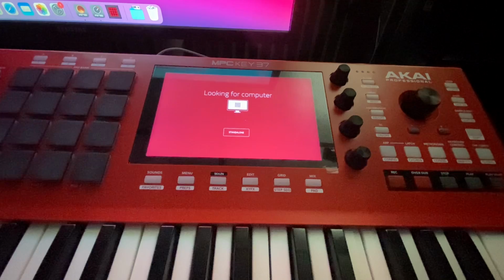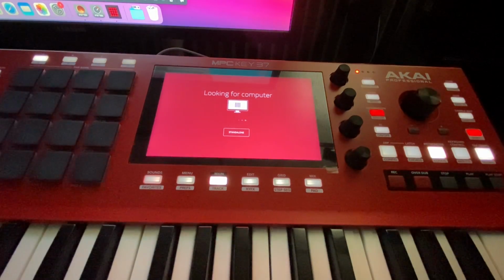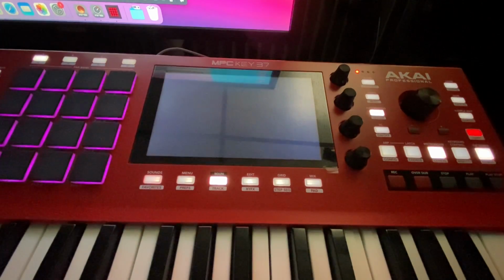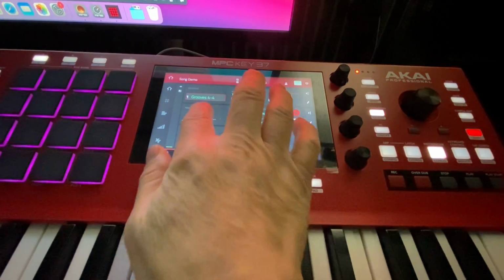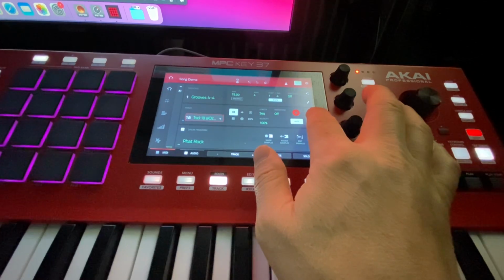Let's make sure this is the right thing to do here. You know what I did? Because this MPC Keys has a dedicated save button, I accidentally pressed save, and it saved something I didn't want it to save. So